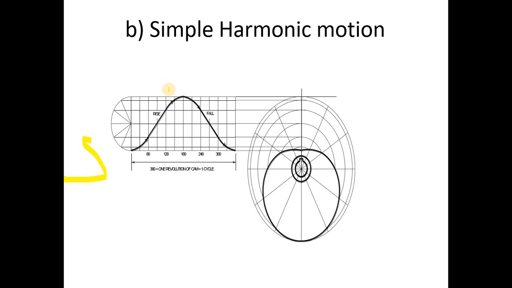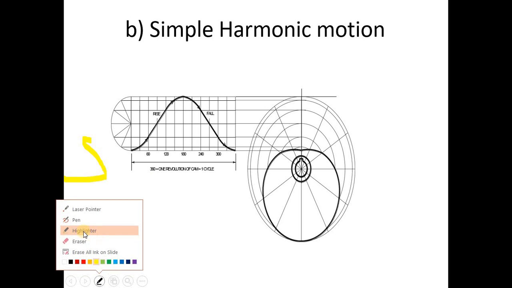Draw the vertical lines from each and every division. So the horizontal lines from the semicircle and the vertical lines from these equal divisions of rise and fall intersect each other at points. Look at this. This is the first point of the semicircle and the first point of the horizontal line. Second, this is the first horizontal line from the semicircle and the first vertical line from this particular rise; they intersect over here.